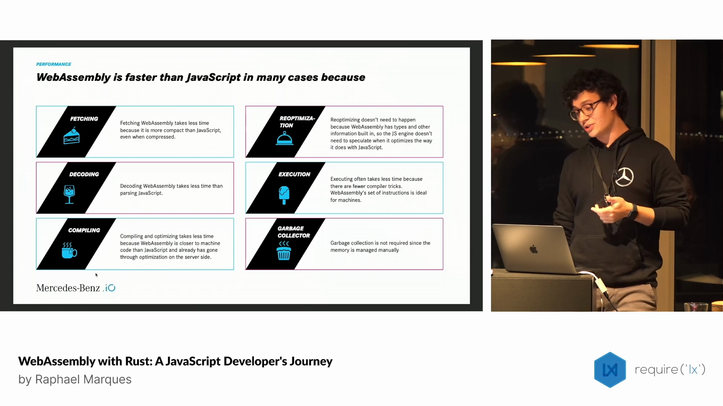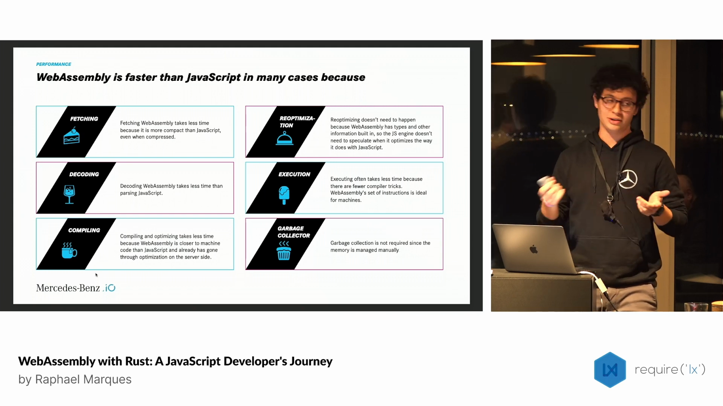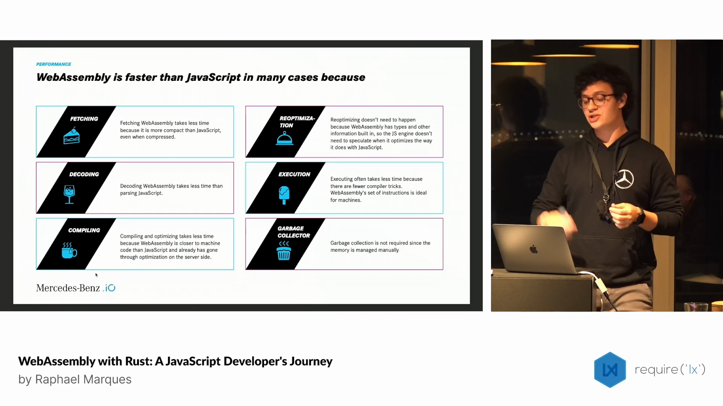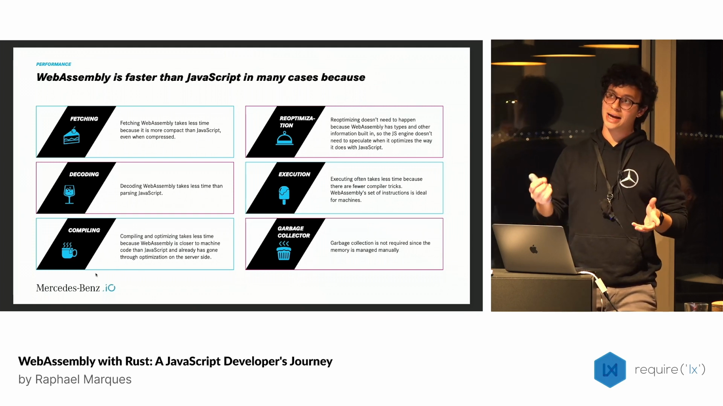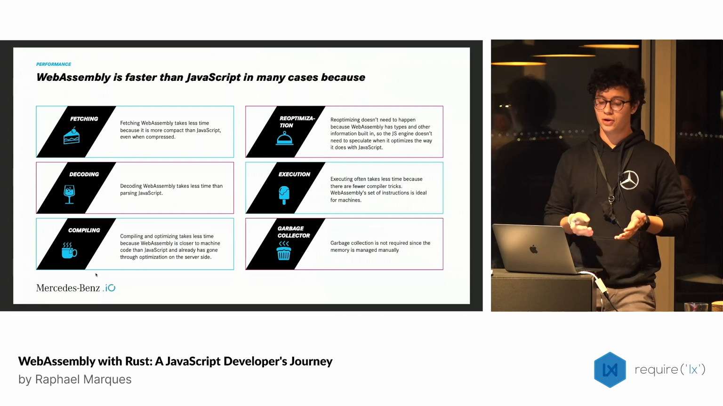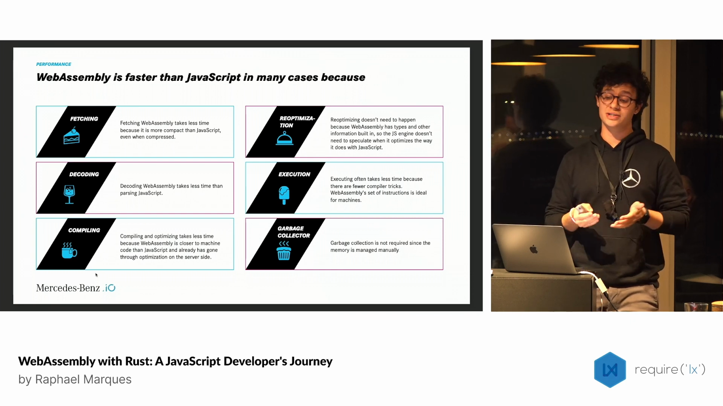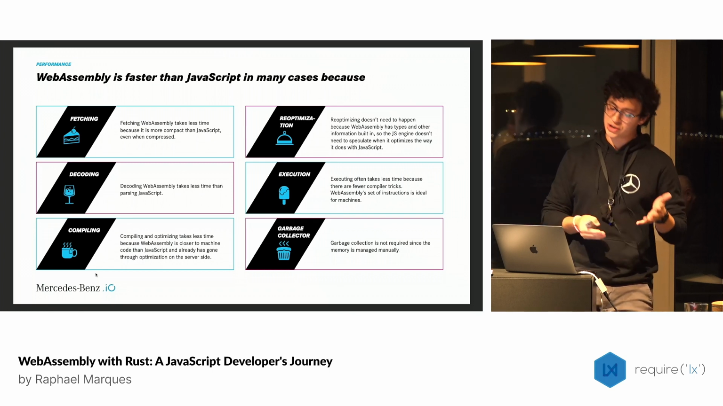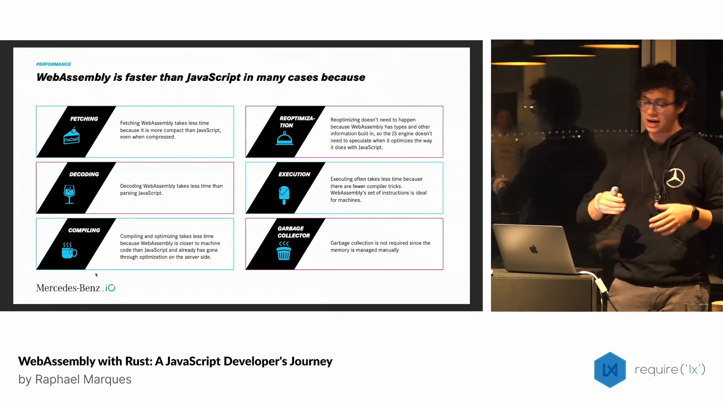The garbage collection is not required since the memory is managed manually. So in WebAssembly, we do not have the garbage collector, and JavaScript does. So it creates this unpredictable behavior in JavaScript because we don't know when this garbage collection will be run or not. So there are some schedules already in the web browser and